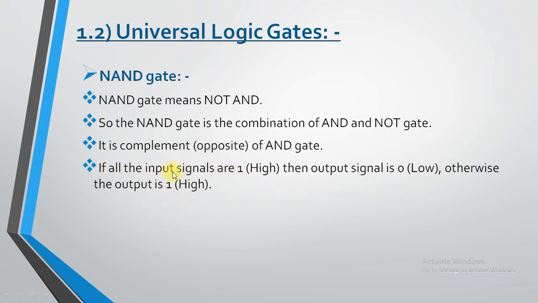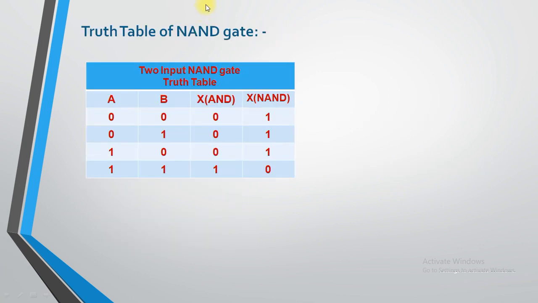Before understanding the last point, let us switch to the truth table of the NAND gate. From now onwards we will not refer to 2 and 3 input, right? We will only refer to 2 input gates. We will not see 3 input gates in the next gates. So here I have written the 2 input NAND gate truth table: 0 0, 0 1, 1 0, 1 1. This is the possible combination for the truth table of the NAND gate.